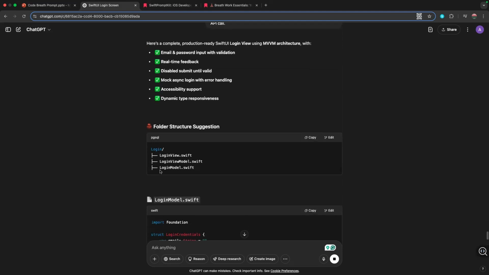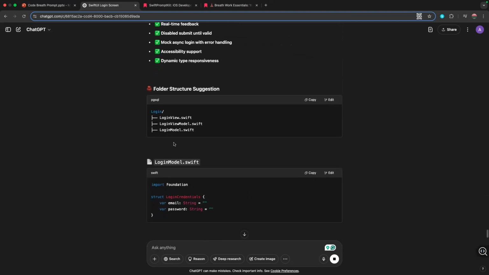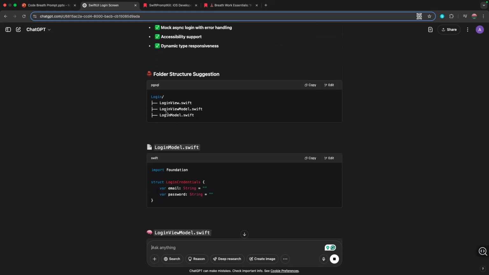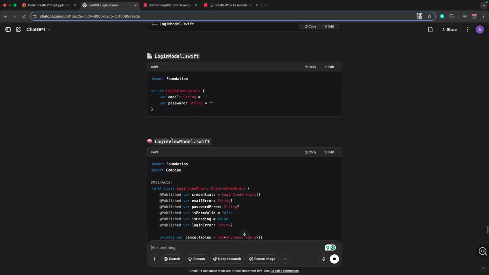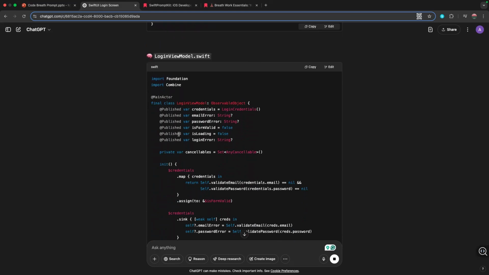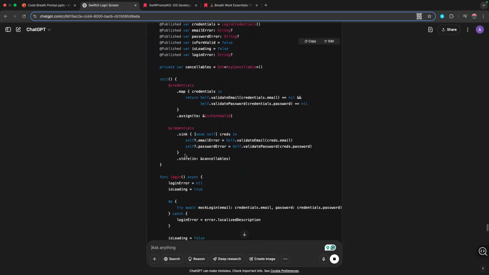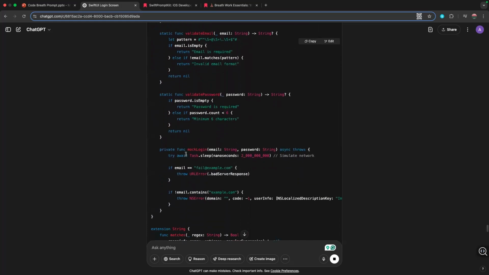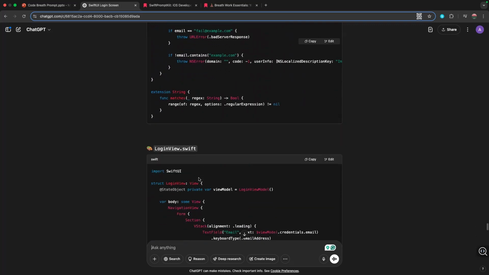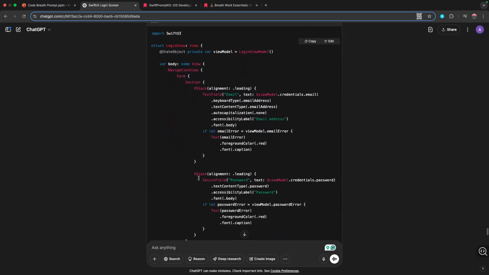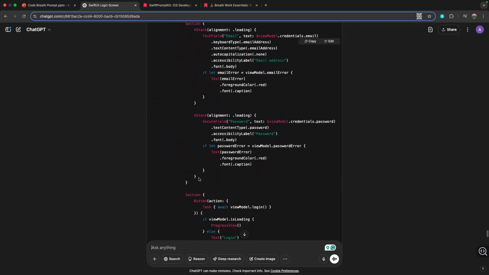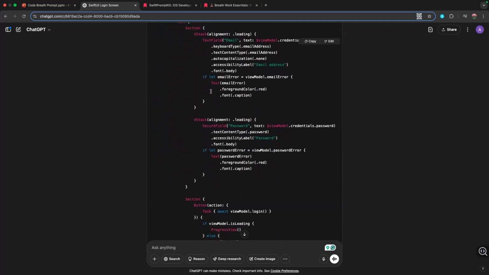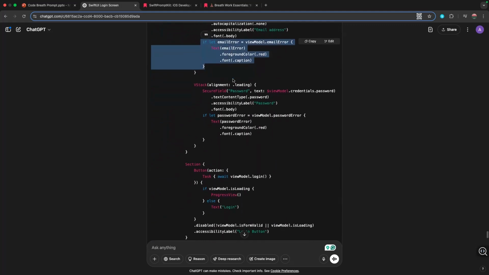It actually shows us the whole structure, how we can structure it, and it created the view model even with the mock login. And also it will show us the error if it fails.